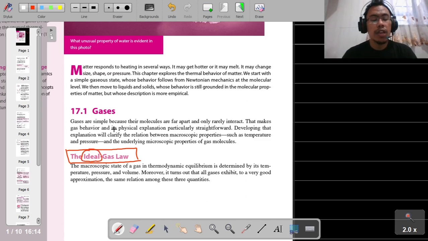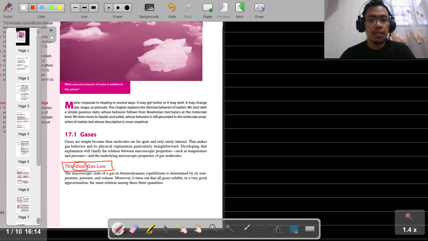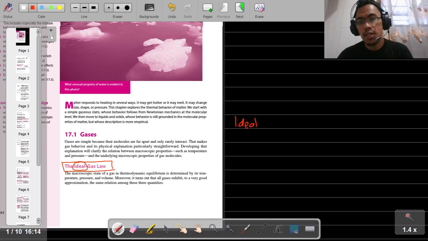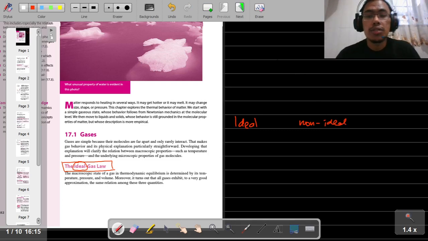Why do we have to put the word ideal in this law? Because in real situations, if we have an ideal situation, then we must have a non-ideal situation. And it is important for us to learn about the ideal one,